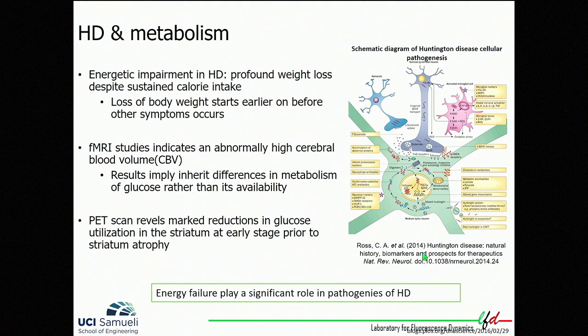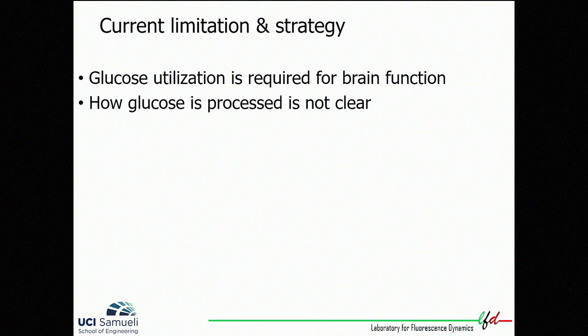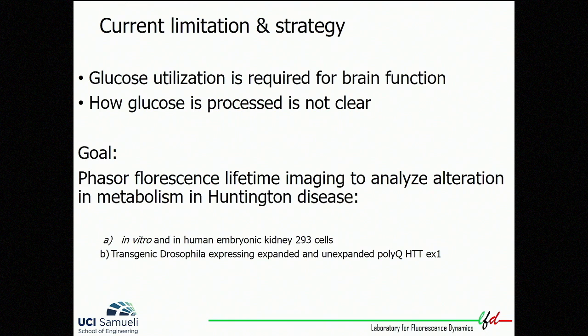But energy failure at the end plays a significant role in dysfunction of the respiration system. So there is a current limitation in this area of research because glucose utilization is required for brain function, and how glucose is processed is not really clear. So we used the phasor fluorescence lifetime imaging, which I just explained to you how that works,